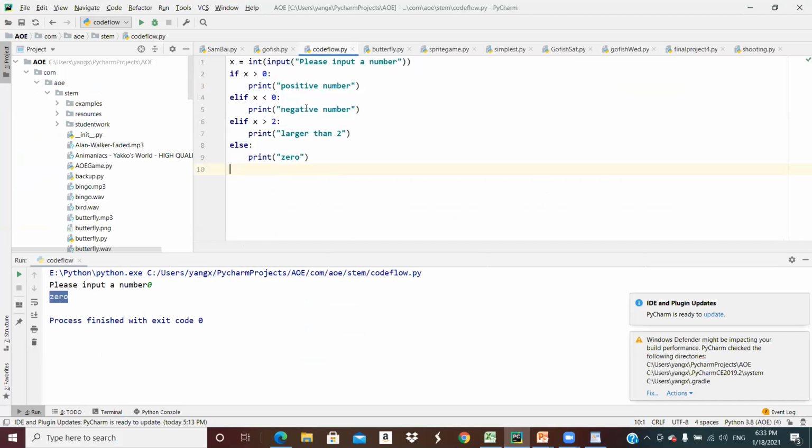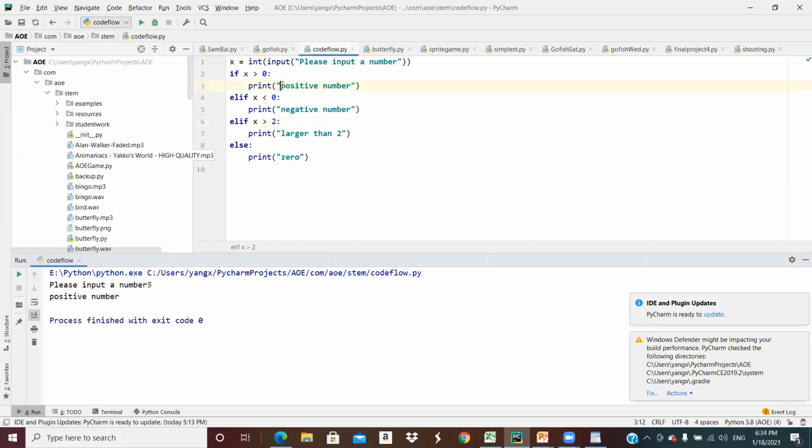And what I want you to type in is 5. And you see this trick here. So let me run the code. I want you to watch my screen. If I put a 5 here,